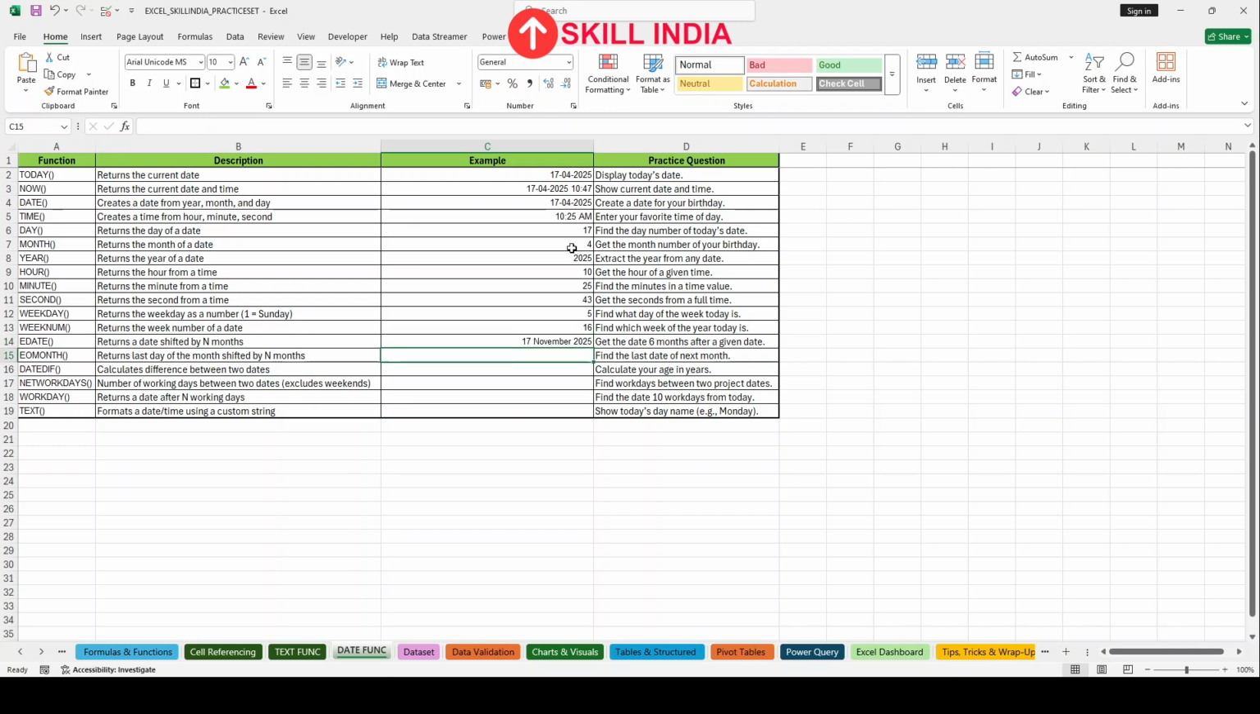This is 17 November 2025 after the 7th month. This month is added. Your month, return the last date of the month shifted by n month. Find the last date of the next month. Your day, your month, start date,